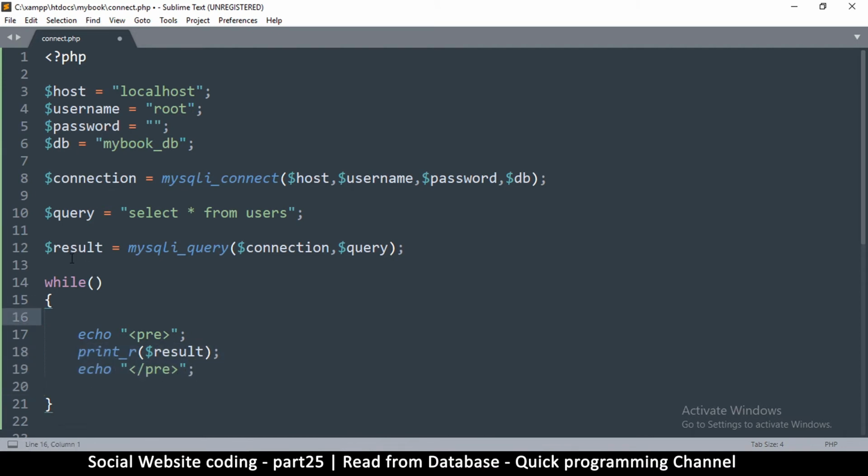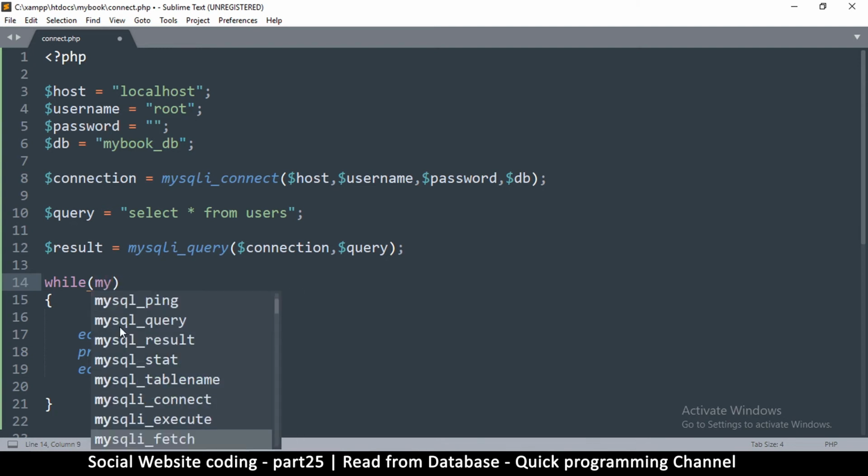Now what condition will we give it? Now we're just going to tell it that while there is a result, loop. So to do that, we're going to say while my SQLi fetch,